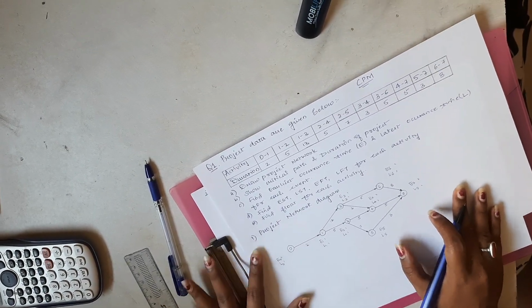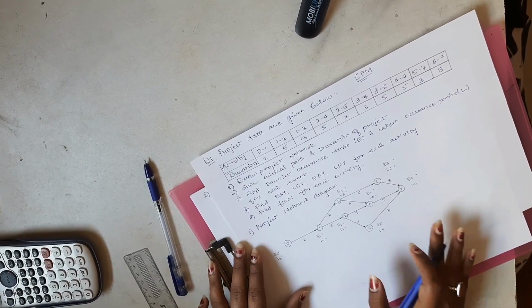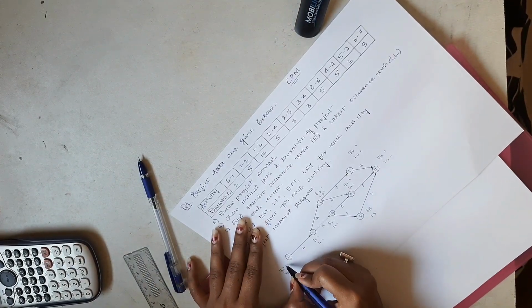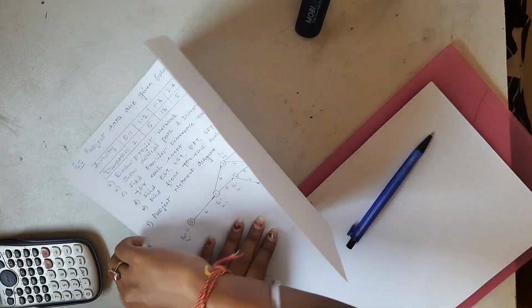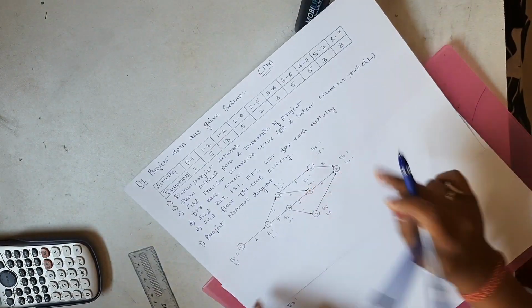It will be completed when we mention all the E and L for each event. Now let's start. For E0 or any first event, it will be by default 0 time allotment. So it will start with 0. You have to simply write 0 there, for E only. So it is 0. Okay. Now let's talk about E2.